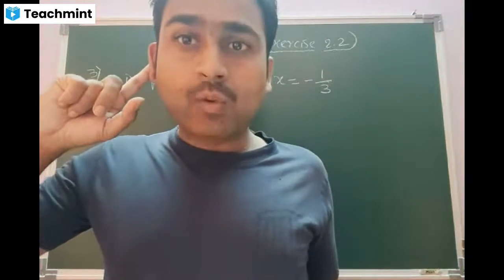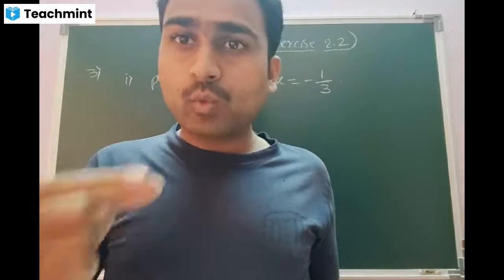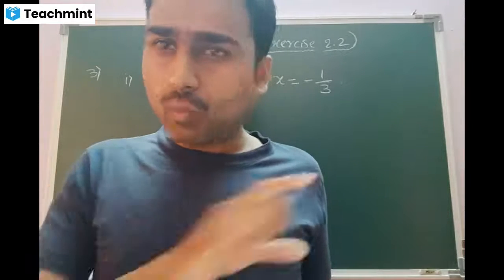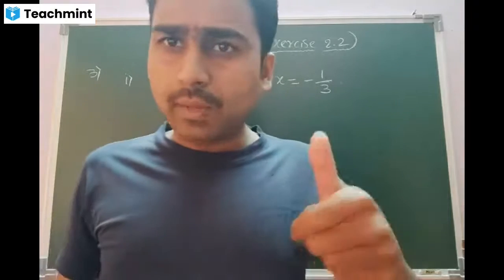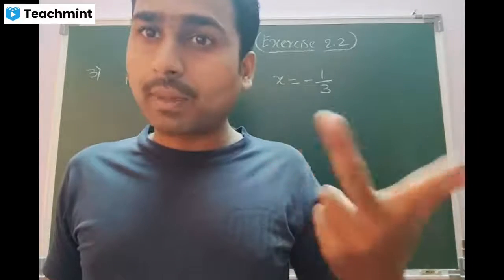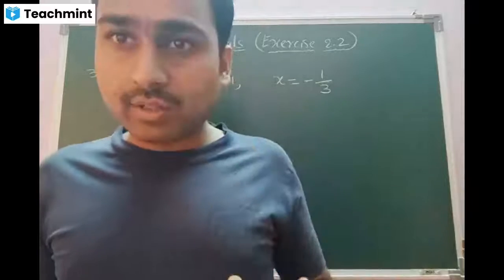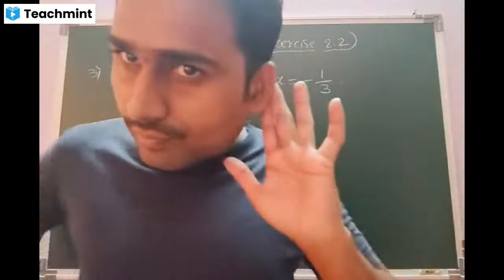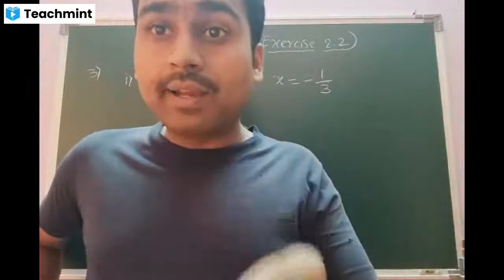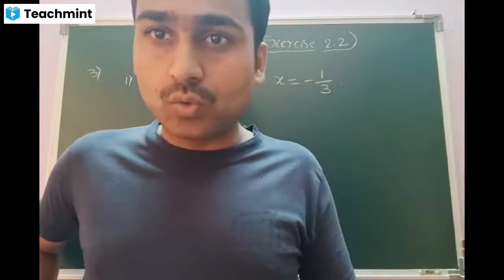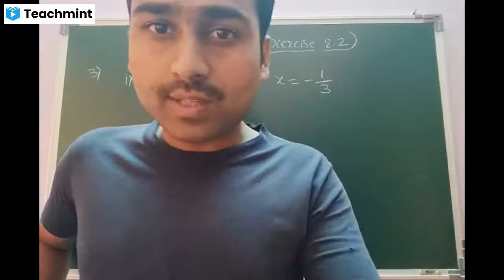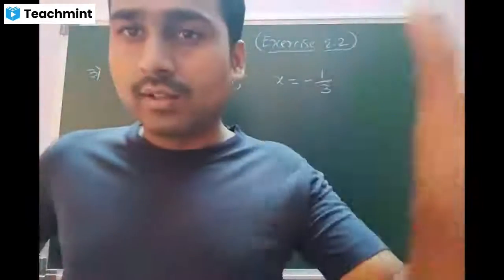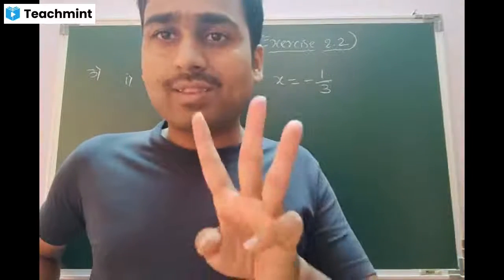Remember, at the beginning only I said, whatever the values we are going to choose for the variable x, for the variable m, whatever be the variable, the values may be 0, may be a positive number, may be a negative number. It may be a fraction, it may be a decimal also. Is that clear? Sometimes it may be an irrational number also. Is there any confusion about the same? No, sir. Okay, fine. So let us begin with the third main question.